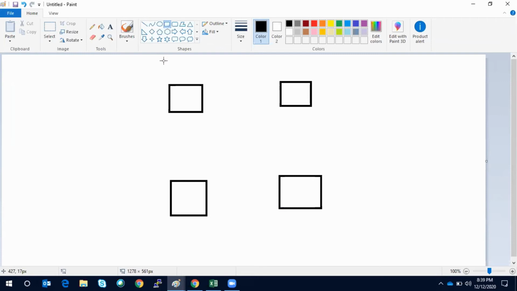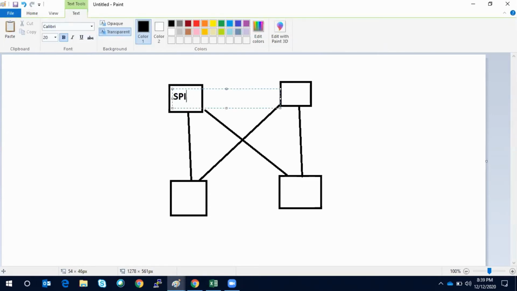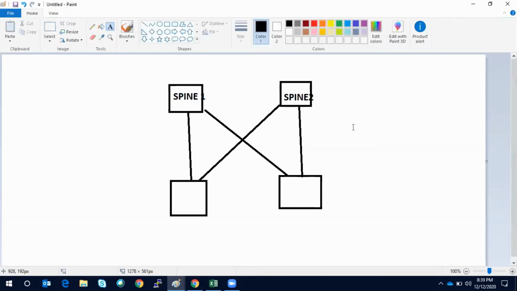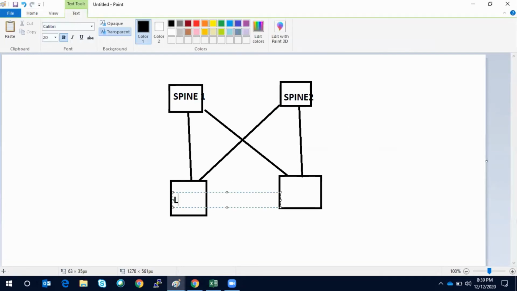Yeah, okay. So here you can see the standard spine-leaf connectivity. This is spine 1, let's say. Spine 2. This is leaf 1. This is leaf 2.